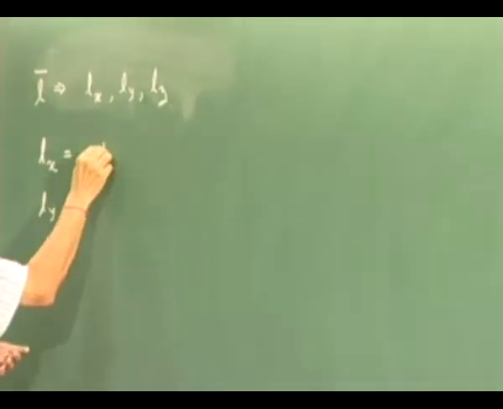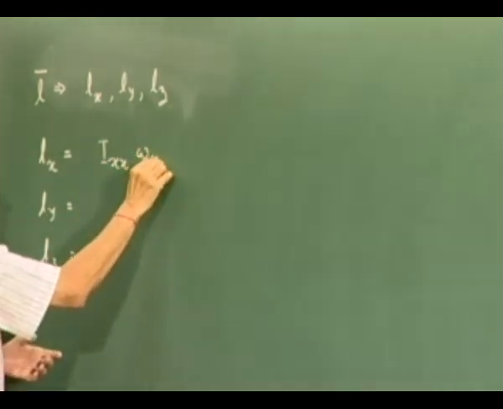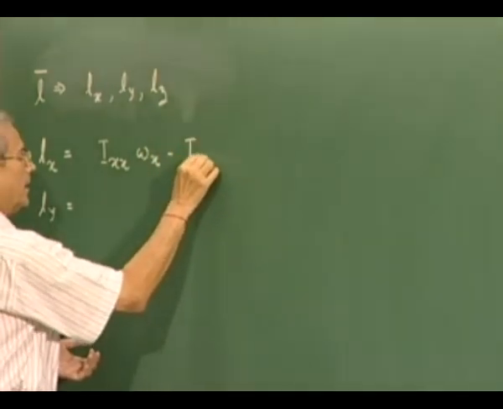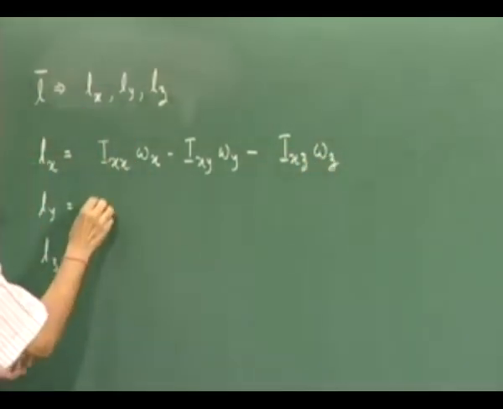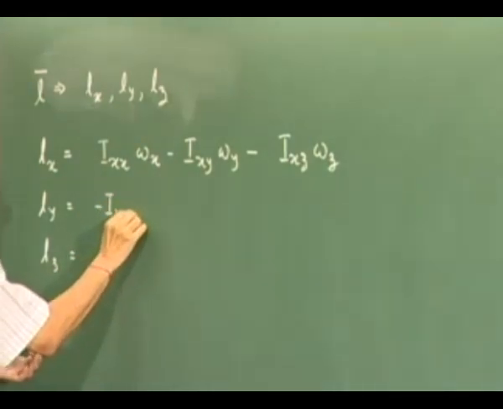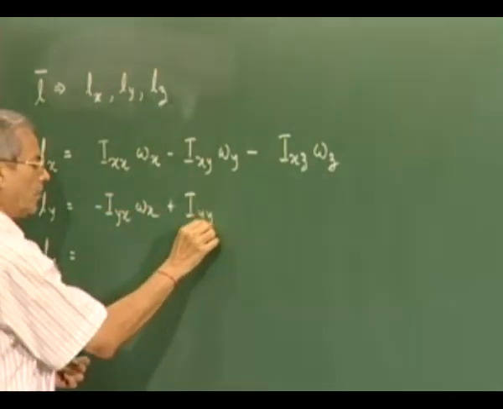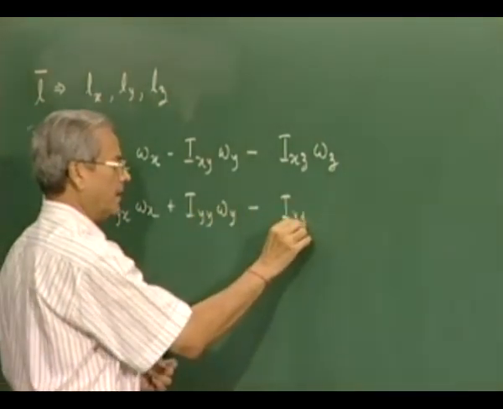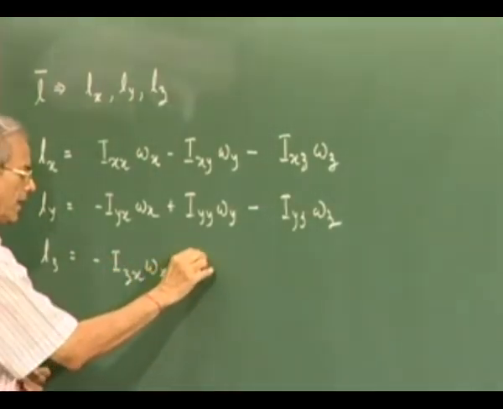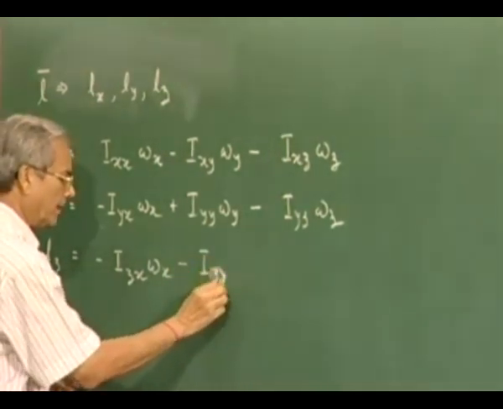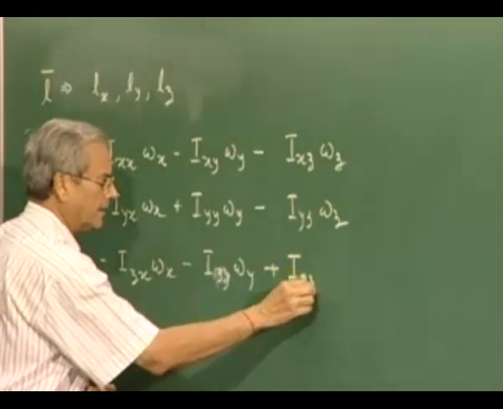And we have seen that the expression for each of Lx, Ly, Lz can be expressed as Ixx omega x minus Ixy omega y minus Ixz omega z; minus Iyx omega x plus Iyy omega y minus Iyz omega z; and minus Izx omega x minus Izy omega y plus Izz omega z,